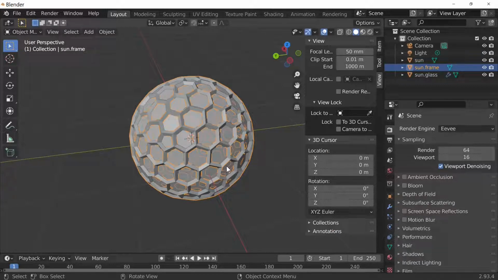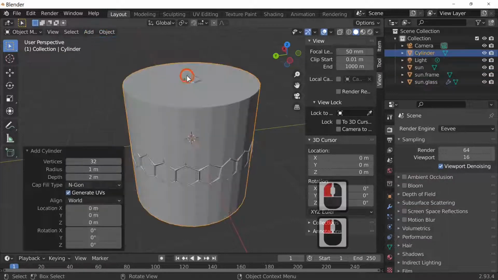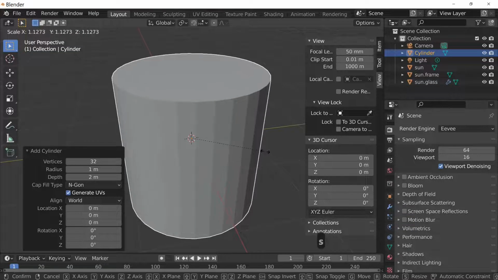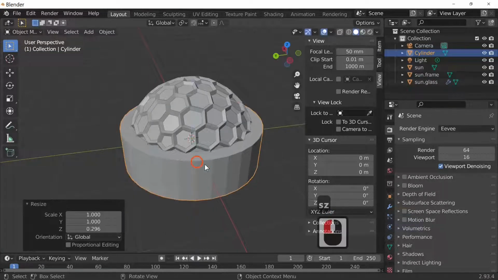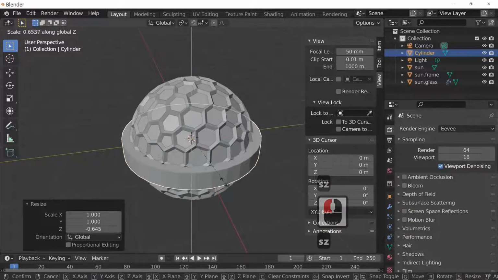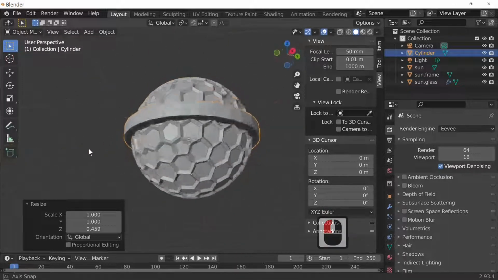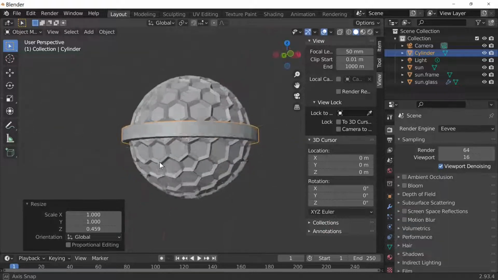And then what we'll start to do is add some of our materials. So I'm just going to add in a mesh, and the mesh we're going to add in is a cylinder. So I've just added in a cylinder. The default cylinder will do, and I'm just going to scale it to about there, and then press S and Z to scale it in the Z direction. S and Z, S and Z. Out that thickness, which will do to make my band that's going to go round my sun.